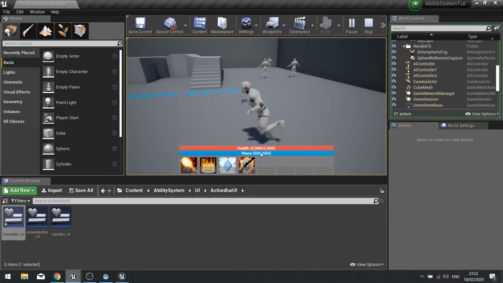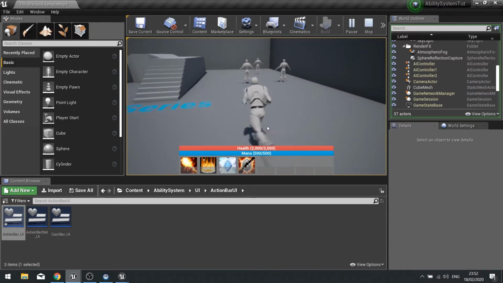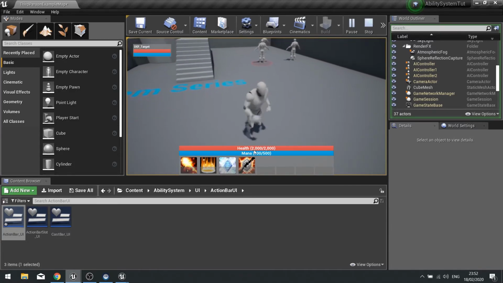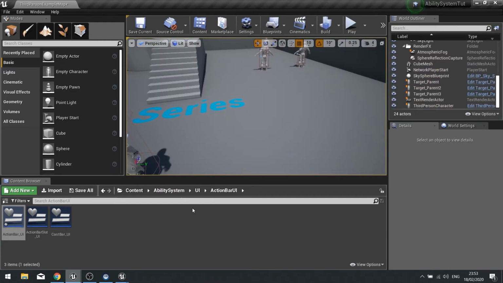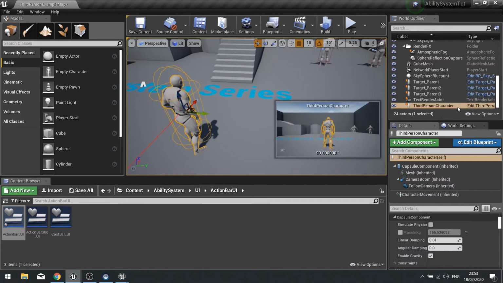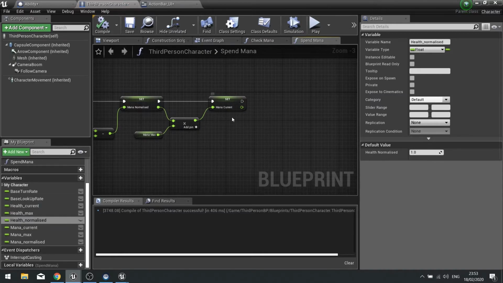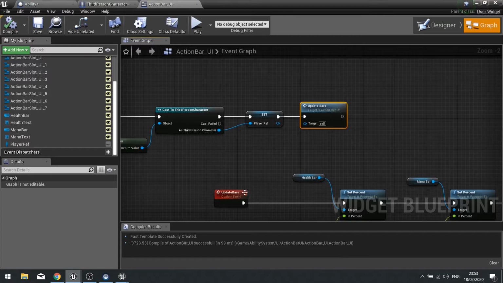You can see the health and mana bars are now hooked up to the player because it's now showing those values correctly. So now I need to make it so that when I receive damage or lose mana, it affects these bars. So we can only test the mana one, but we'll set it up for health as well. On the player character, when we spend the mana, we need to set up a call to that update bars function.